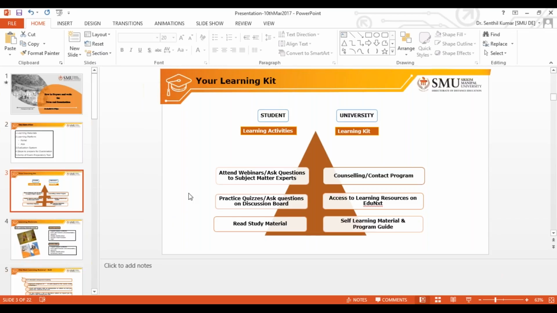Yeah. So the current screen which is shown to you is on the learning kit which is given to the student by the university, and on the other side you have the learning activities you are supposed to do before the examination. If you look from the base, the first learning resources given to you are the self-learning material and the program guide. The program guide will have the entire curriculum, and the self-learning material is the books which you received from the university as soon as you got admitted to the respective programs. So first you must have gone through the reading materials for the SLM, and the second one is